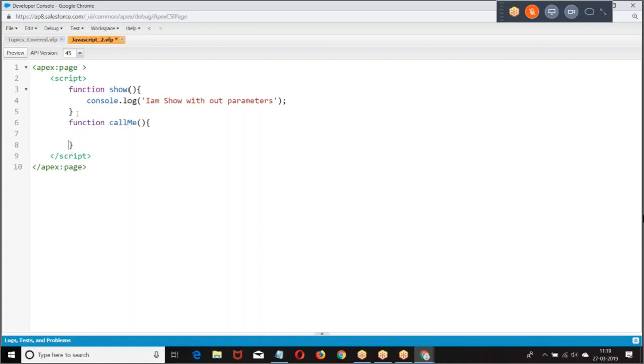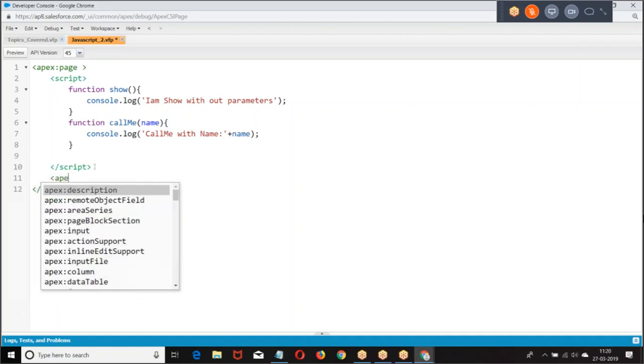Function call me, console.log, call me. Okay, I gave two things here: function show, and function call me with parameter.